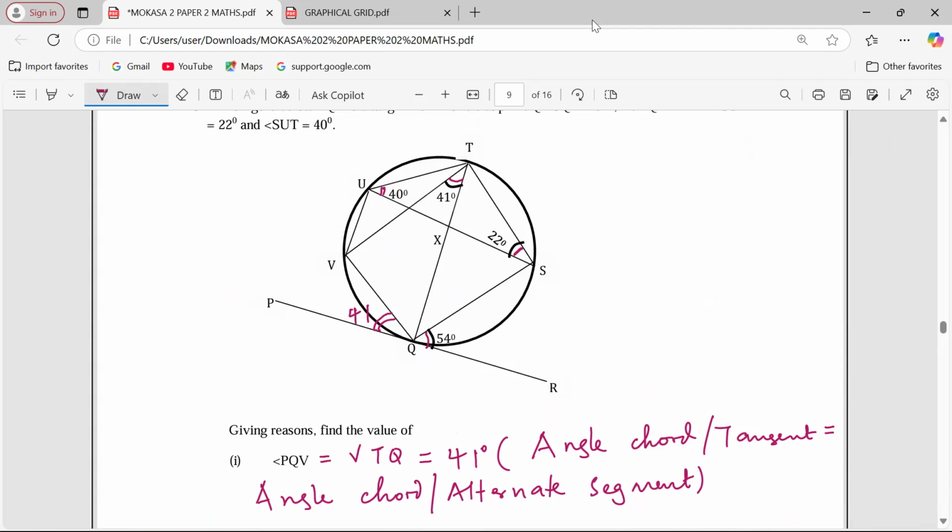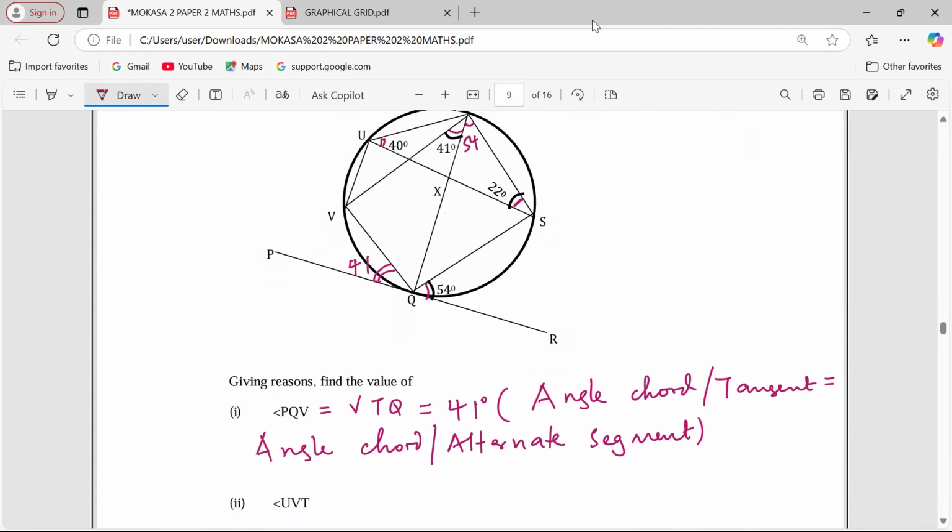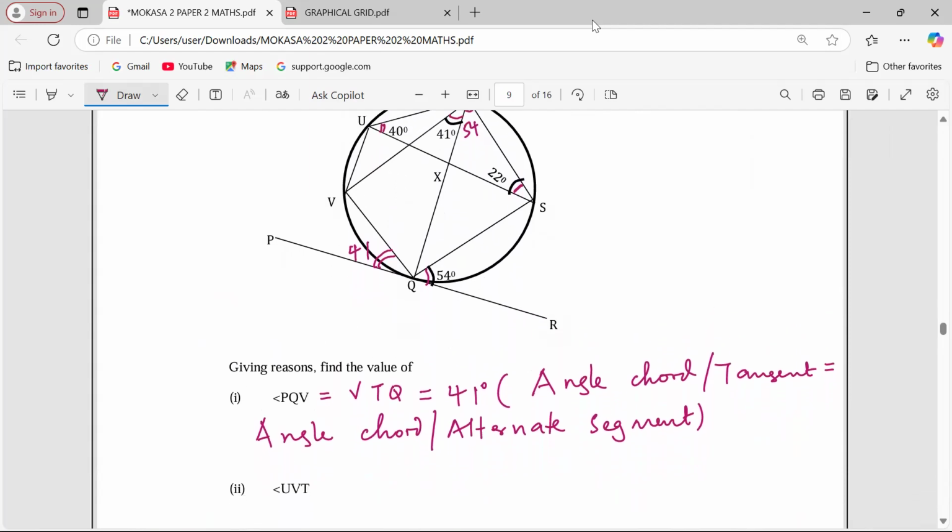So you can apply the same principle to conclude that the angle on the other side of T is also 54. 54 because it has been produced by SQ as a chord, and the chord SQ is making an angle with the tangent. So it's also 54. So if it's making 54 here, then it should subtend 54 in the alternate segment. That way, we can check some more other angles.